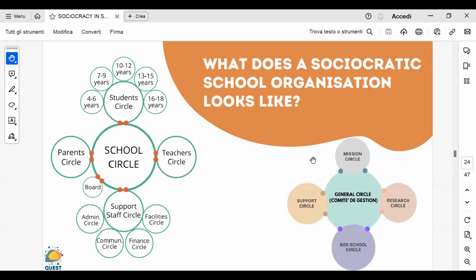For instance, for the image that I showed you, here we didn't have a teacher circle separate from the student circle because all the decisions were taken together. So there was no need, for instance, in having students and parents circles separated. But the teachers were included in the decision process. It's just that they didn't have their separate circle. In this school circle, it was teachers and students together taking decisions about the pedagogy of the school.